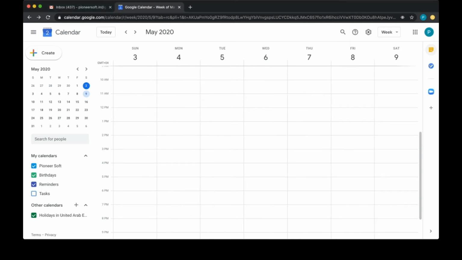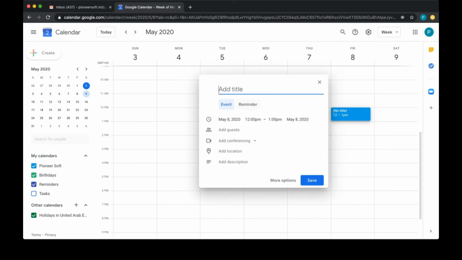Adding a reminder is also very straightforward. To add a reminder for something, simply open your Google Calendar, select the date and time when you want to be reminded, and then drag your mouse between the times and dates that you have selected. For instance, I wanted to be reminded about paying my bills on 8th May between 12 p.m. and 1 p.m. So I'll just say 12 to 1 and I'll call it reminder,